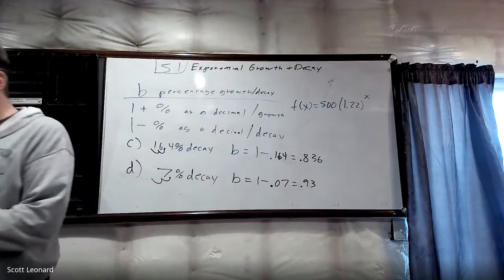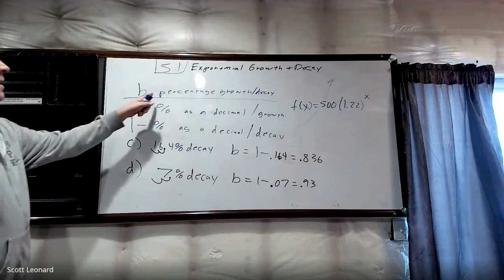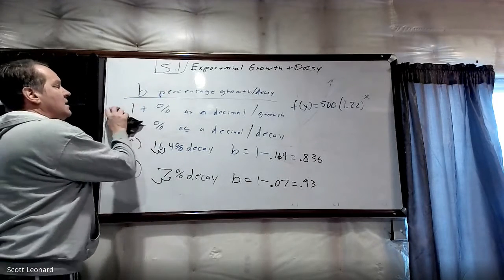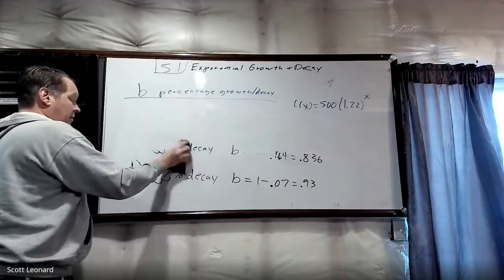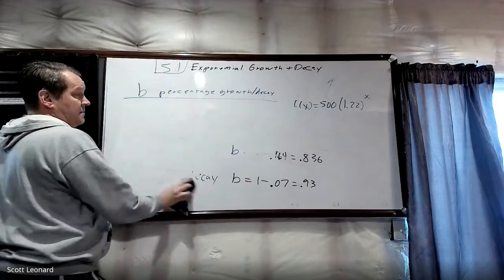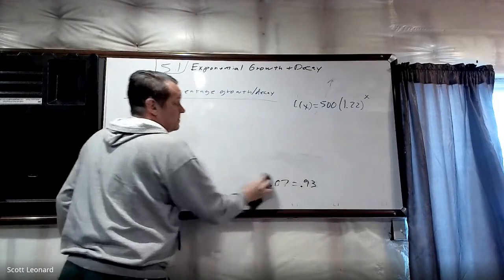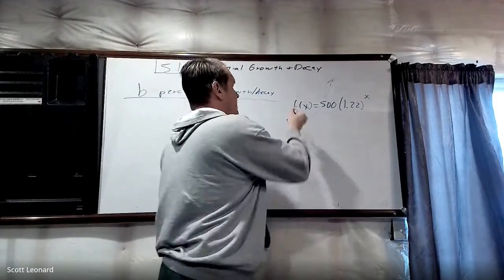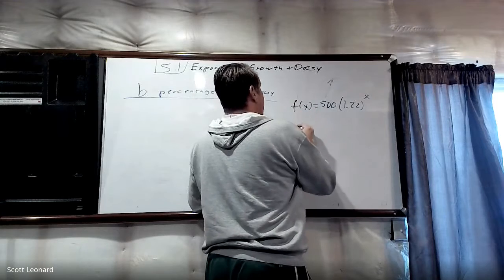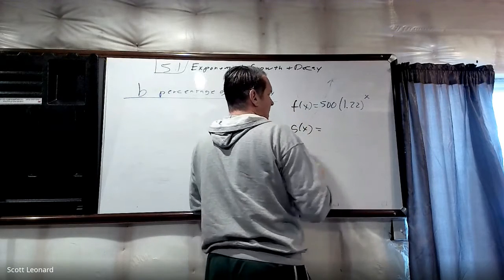All right. Almost done with the first part. Now, sometimes they don't give you a percentage. So B values that are not percentages, they're going to use words. And they're pretty easy to decipher. So I'm going to take one of those last problems here, one of those decay ones. Okay, G of x, I'm just making up a new letter, new equation. I'm going to start with